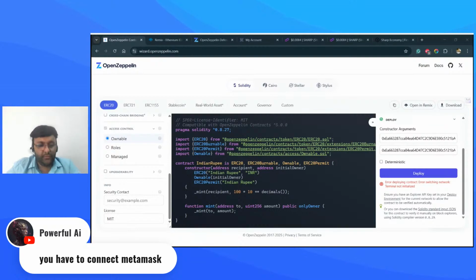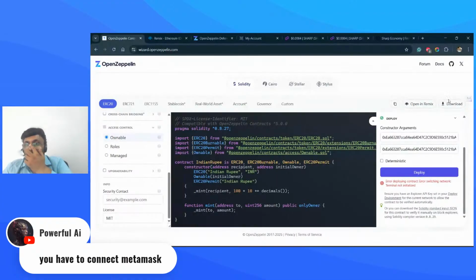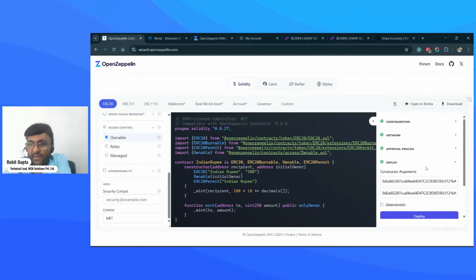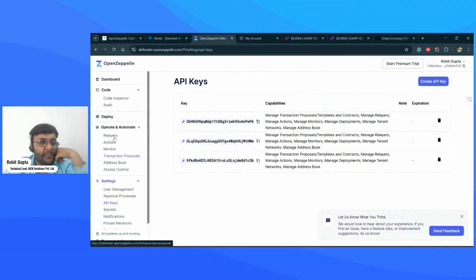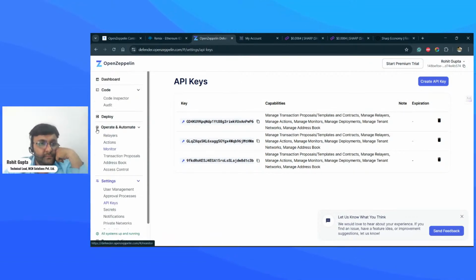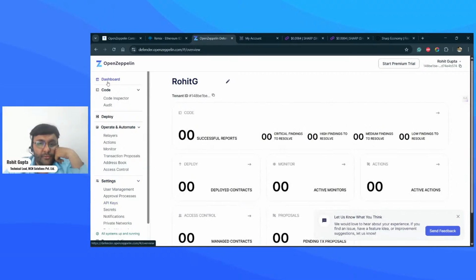Guys, me just telling you things will not help you. You have to connect MetaMask. Okay. In that case, do you see anywhere I can connect my MetaMask? By the way, you can parallelly open the same things on your end, because I don't see an option to click and connect with MetaMask.